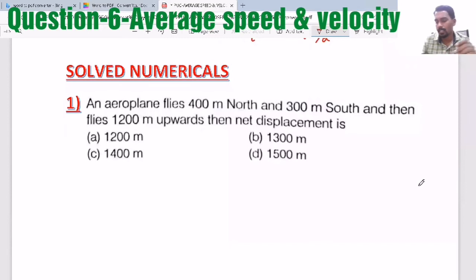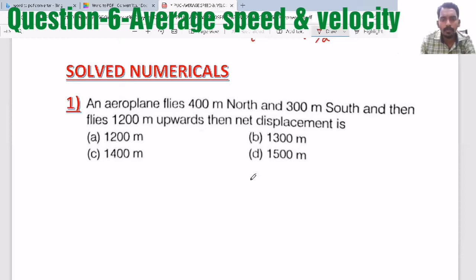Like the very first thing, to find average distance, average speed or average velocity, you need to know a little geometry like the Pythagoras theorem or other things, square, diagonal, all those things. Also, sometimes you may have to apply the cube. If you apply a little simple mathematics, then you can find distance and displacement, using which you can find average speed and average velocity, because average speed is distance by time, average velocity is displacement by time.